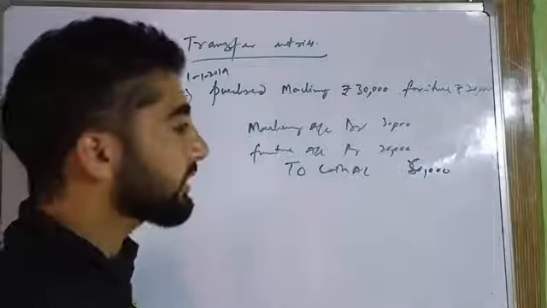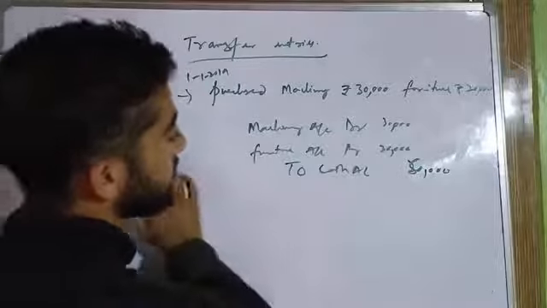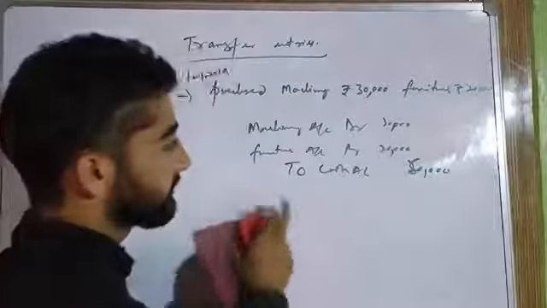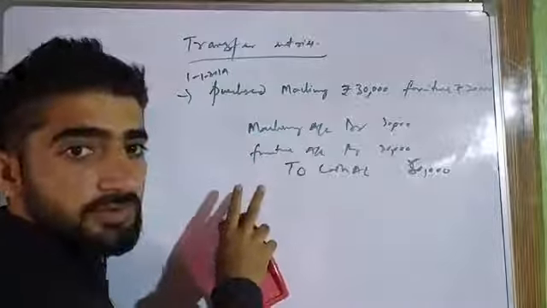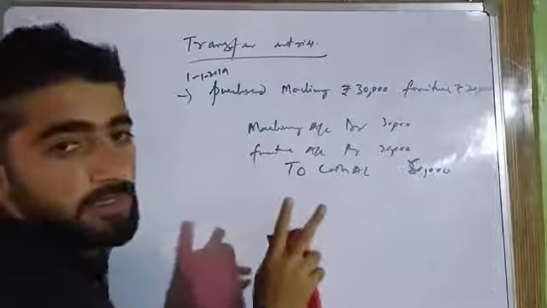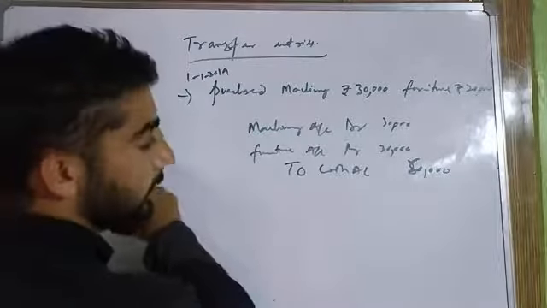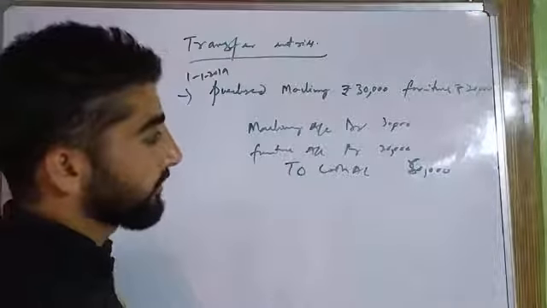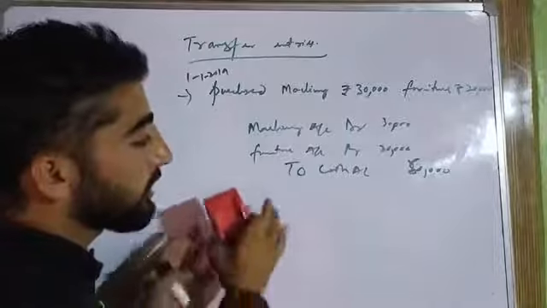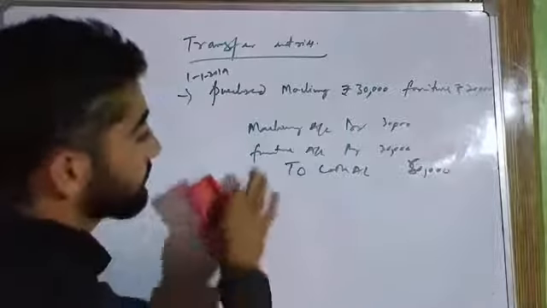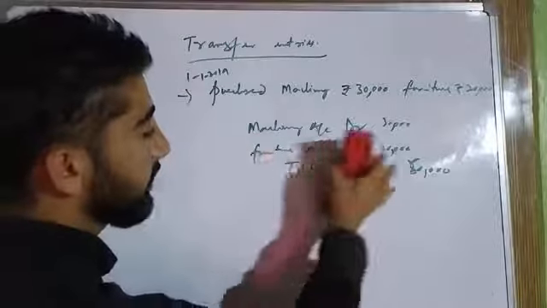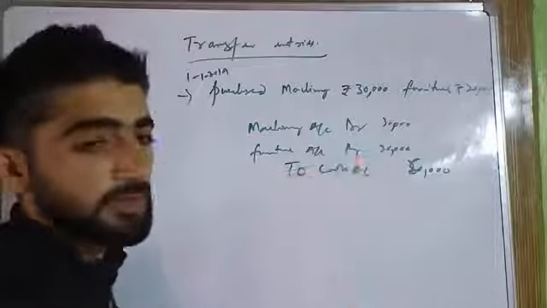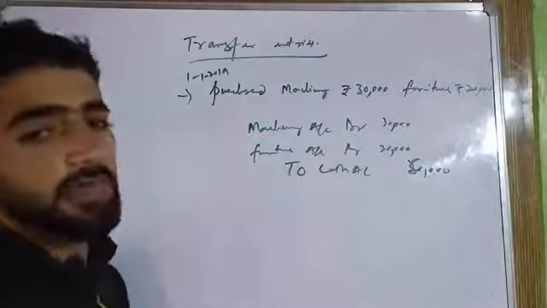But for example, at the time of booking, I write this here roughly. I didn't prepare a journal of 5 columns. You will have to prepare that, but for our understanding, I wrote it here roughly. So, machinery account debit, furniture account debit, and to cash account 50,000. This is the exact entry that we will have to do.